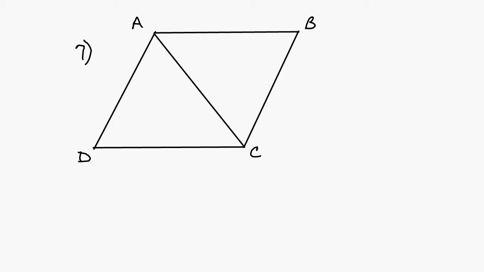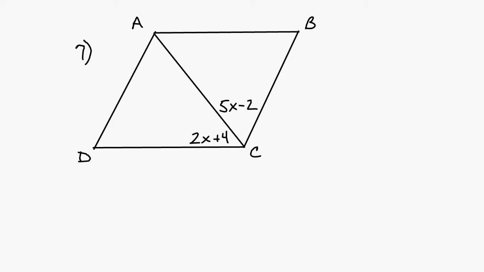You are told that the measure of angle ACD is 2x plus 4, and the measure of ACB is 5x minus 2. The question is, for what value of x is ABCD a rhombus? So they're asking you, what does x have to be equal to in this diagram for the shape to be